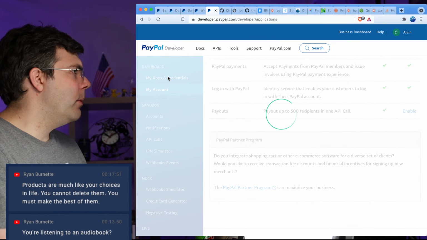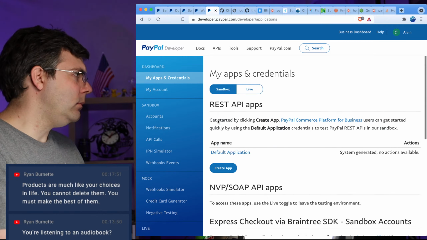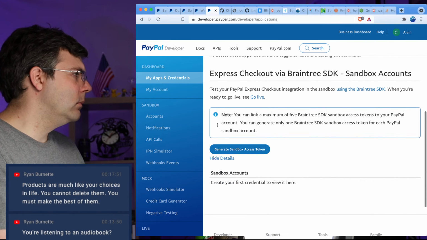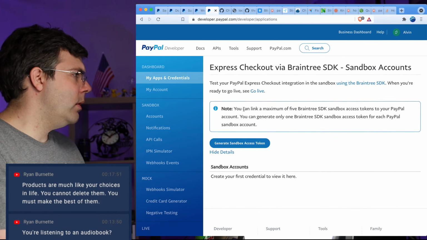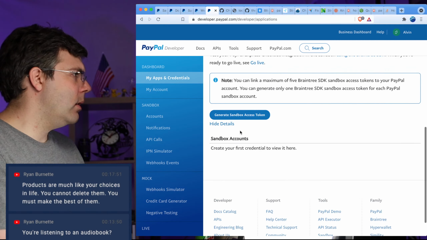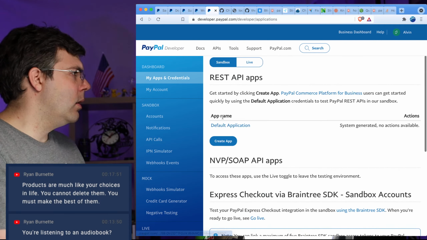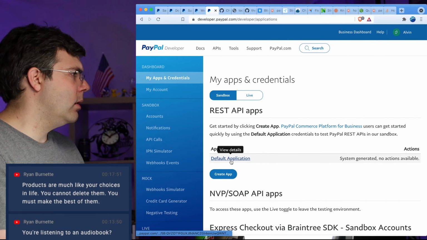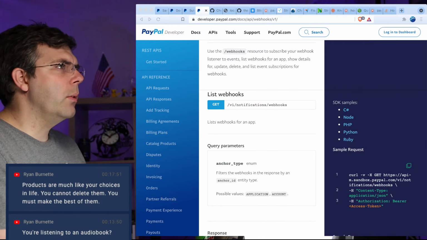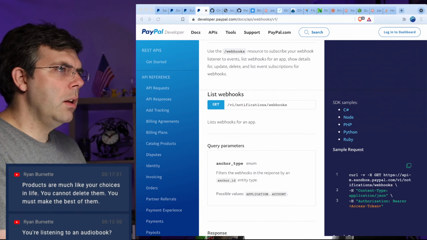I remember seeing the webhooks in here somewhere. Generate sandbox token. I already got one. Default application. I'm going to pull this out real quick so I can look at it in the other screen, see if I can find where the webhooks are.